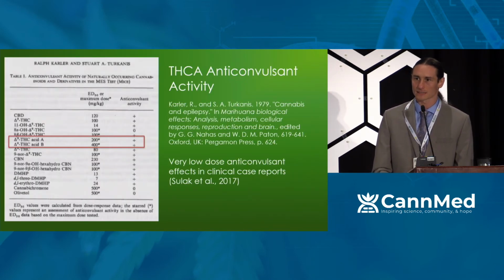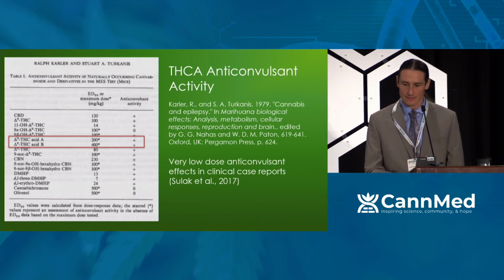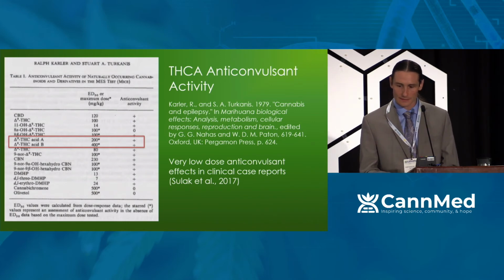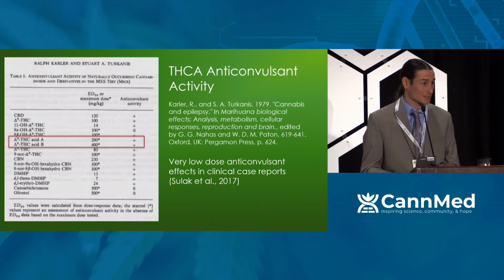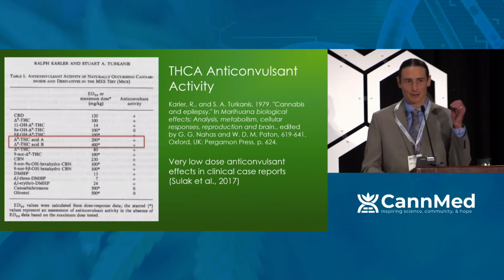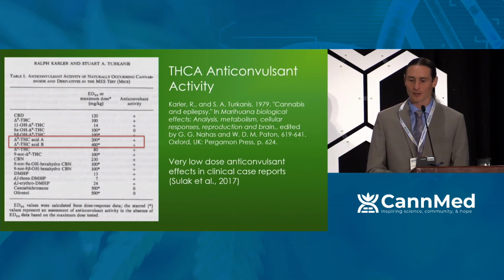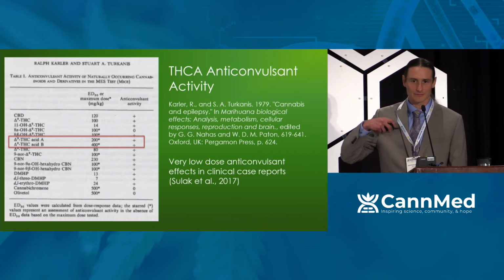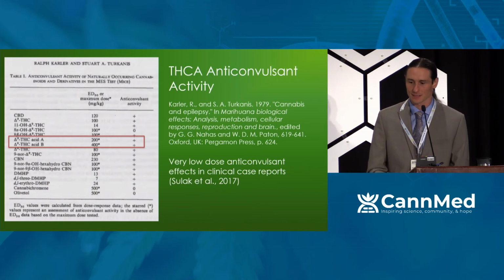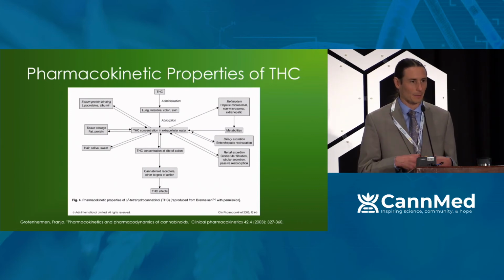Now, there has been some anticonvulsant activity reported around THCA way back in 1970, what was this? 1974, I think, 1979 it was, at very high doses in rodents. And again, as you'll learn from the rest of today, the cannabinoids are very dichotomous. They work in very high doses, they work in very low doses. There's bidirectional effects and biphasic effects. We're going to cover all of that later. But it again doesn't surprise me that we see some activity against seizures at very high doses and at extraordinarily low doses.